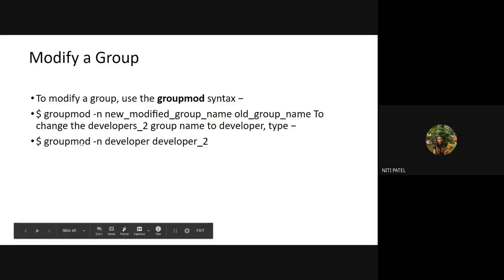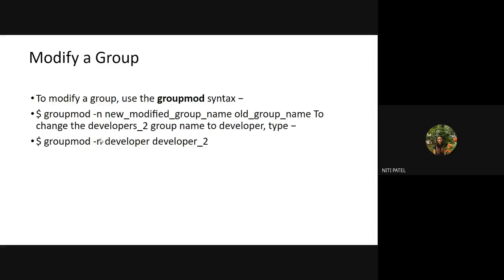So now if I want to change SYCO to TYCO, what change do I make in the command is $ groupmod -n. That is, I am having a new name by -n. What is that new name? TYCO. I am changing that to TYCO, which was previously called SYCO. Okay, so this -n is making something new or changing the name of a group. Is this clear? This is how you change the name of a group by using a command called groupmod.